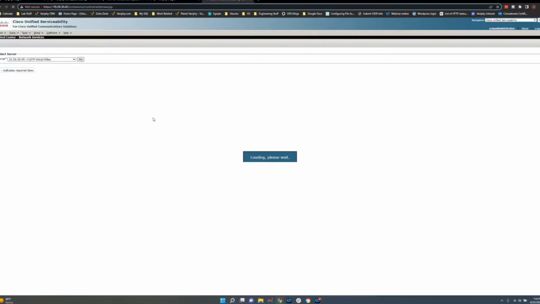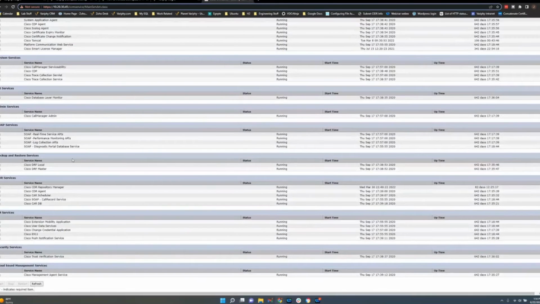What we're concerned with is the CDR services, which will be down towards the bottom of this page. And once we get there, you're going to see this first one here, Cisco CDR Repository Manager. That's the service that's responsible for sending the data to verify. Remember, call manager pushes the data to us. We don't go and retrieve it. So this service does the pushing. It's not service impacting to restart it.